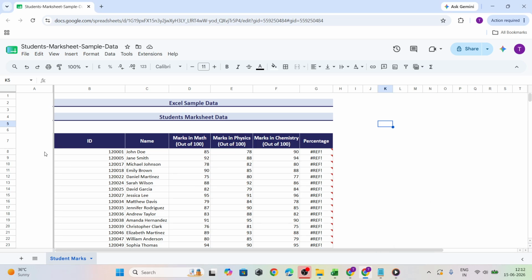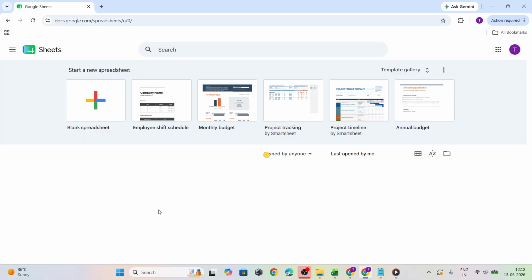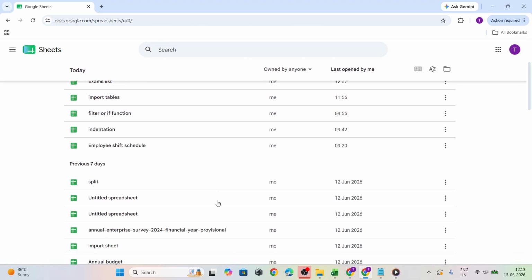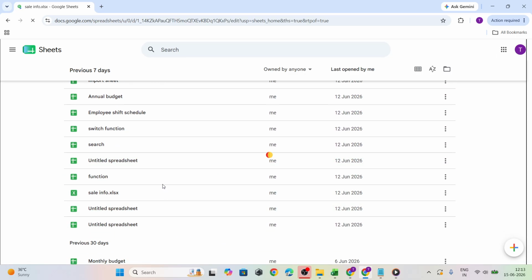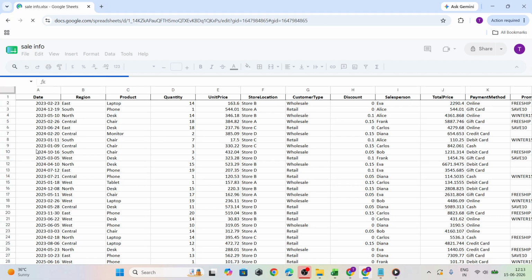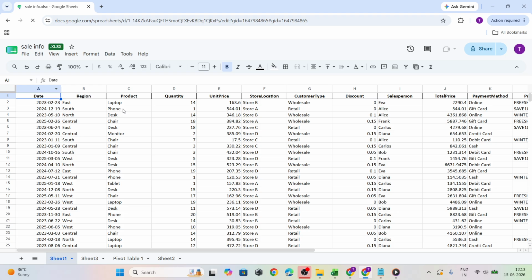In today's video, I'm going to teach you how to highlight an entire row based on cell value in Google Sheets. This is a really useful formatting trick when you want your spreadsheet to be easier to scan. For example, you might want an entire row to stand out whenever a certain status appears in one column. Instead of manually changing colors one row at a time, Google Sheets can do it automatically for you using conditional